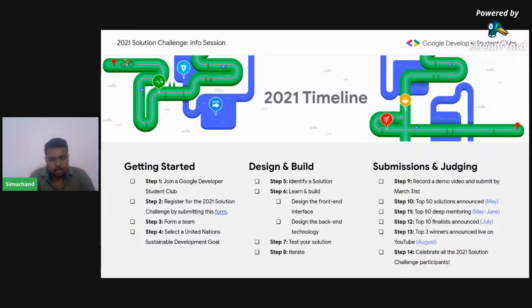So first you have to join the SREC, and then we'll give you a registration link. Through that registration link, you will have to first register your solution: what problem you're choosing and what solution you're going to build. And then you have to form a team. A team can be up to 4 people, or a single person can also